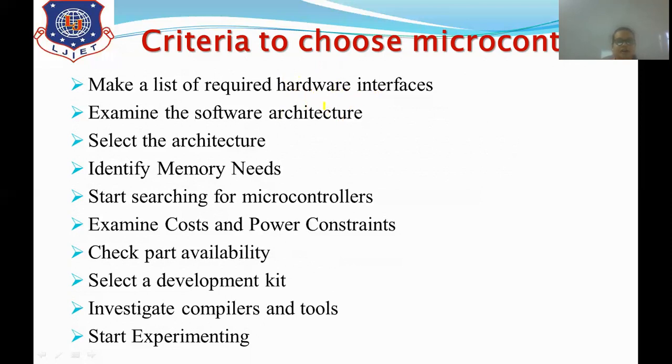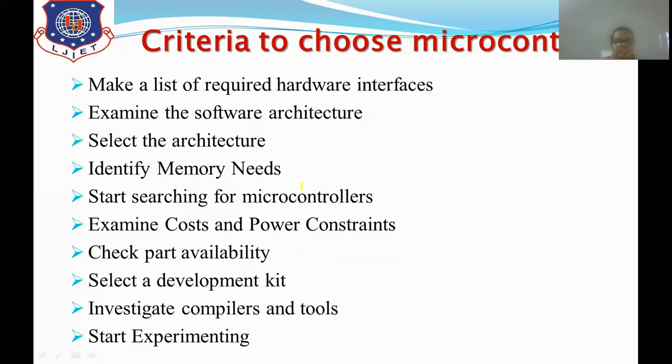So once you list out the hardware interface, find out the software, select the architecture, and determine how much memory you will need for storage, based on these 4 criteria you have to start searching for the best microcontrollers which will fulfill your needs.